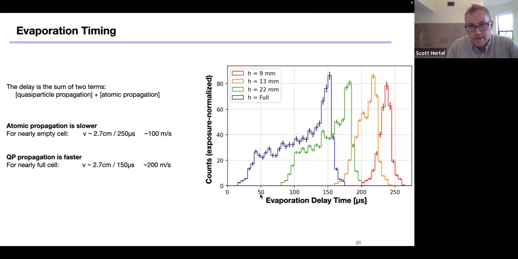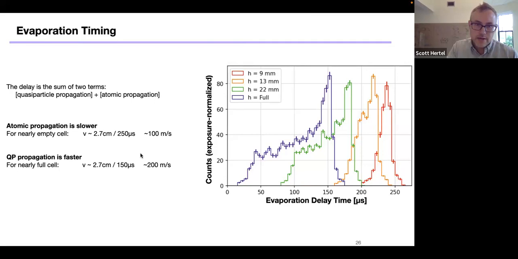We can plot distributions of the evaporation delay time. So this is, again, just how long did the quasi-particles take to get to the liquid surface, plus how long did the atoms take to get from the liquid surface to the sensor. So the longest times here are for the bottom of the cell, and you can see that as you fill the cell, the times get shorter and shorter